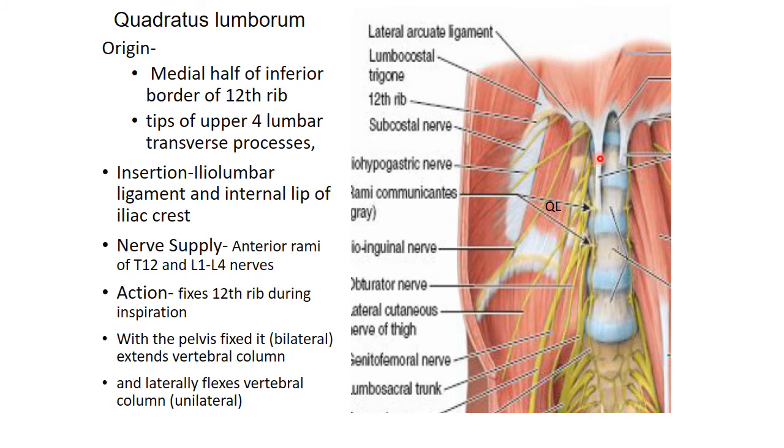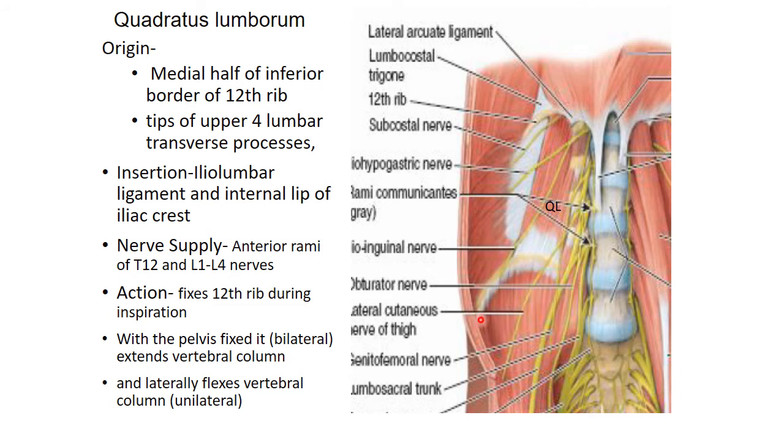Okay, see over here, these are the bodies of the vertebrae. So what I am showing here, all these processes that you can see, these are transverse processes. This is the first lumbar process, okay. So the tips of the transverse processes of the upper 4 lumbar vertebrae will give attachment over here. So it is attached to the inferior border of the 12th rib and to all these transverse processes on the tip. Then insertion, naturally the upper one is the origin, so what should be below, that will be the insertion.